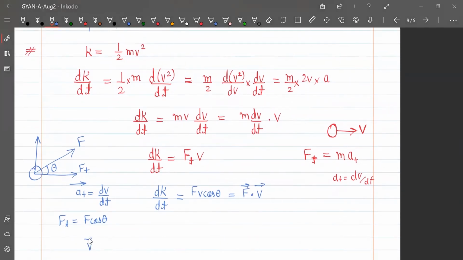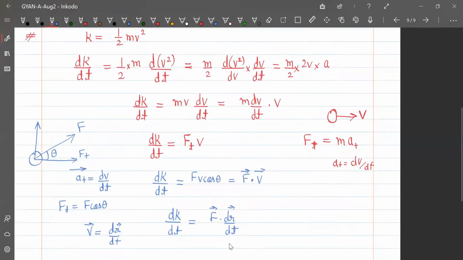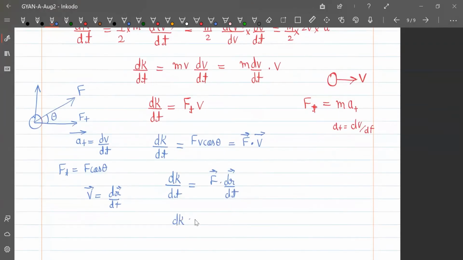अच्छा, अगर v को लिख दिया dr by dt, रेट ऑफ चेंज ऑफ पोजीशन, v is dr by dt, so हम यहाँ से लिख सकते हैं dK by dt equals to F dot dr by dt equals to dK। अच्छा, अभी ज्यादा वरी नहीं करना है, इसको अभी अंडरस्टैंड करना है मैथमेटिक्स क्या क्या, कौन कौन से रिजल्ट ला सकता है। बाद में जब क्वेश्चंस प्रैक्टिस करेंगे, बहुत सारे क्वेश्चंस आएंगे ऐसे, then you'll understand कि